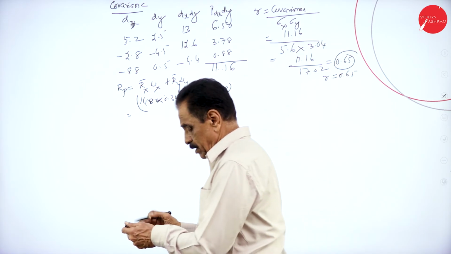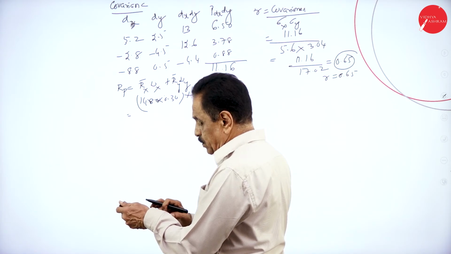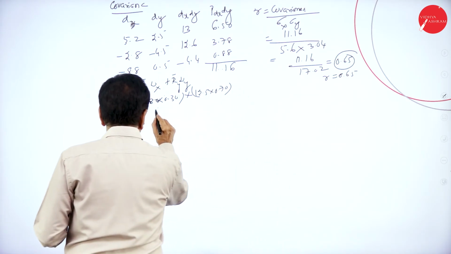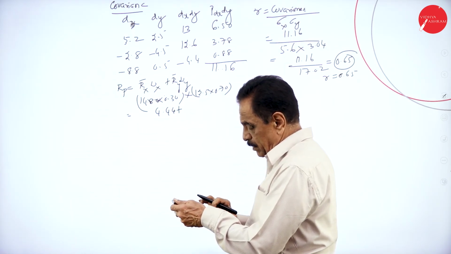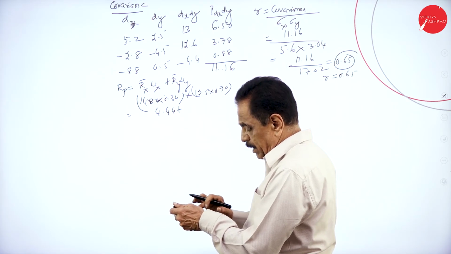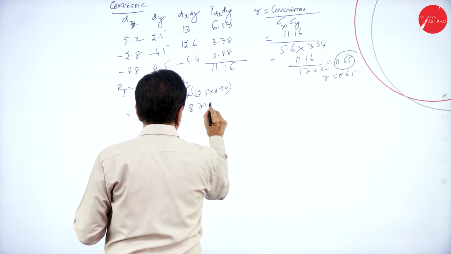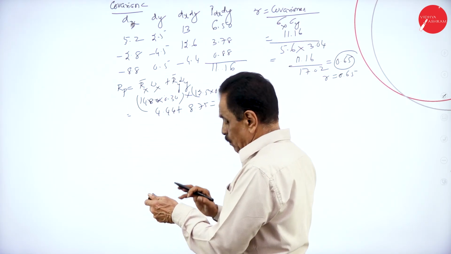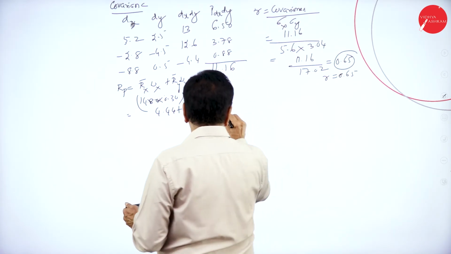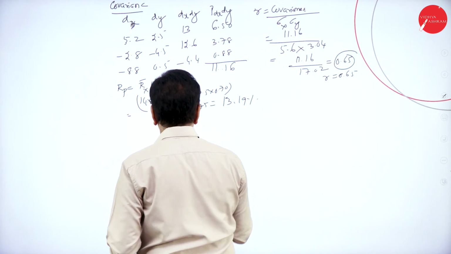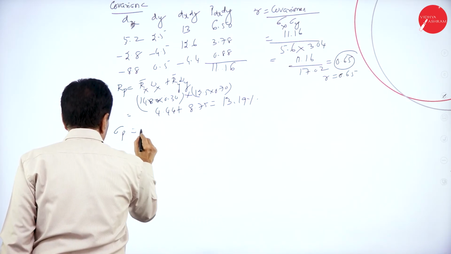This is 14.8 into 0.30, 4.44. 12.5 into 0.70, 8.75. Plus 4.44, 13.19 percentage. Then portfolio risk, root of